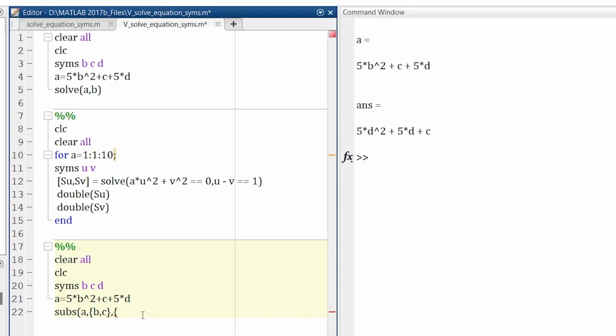For example, instead of b, I want to replace 3d, so I'll write 3 into d. So b will be replaced with 3d, and c I want to replace with d square. So here I'll write d square, bracket over,